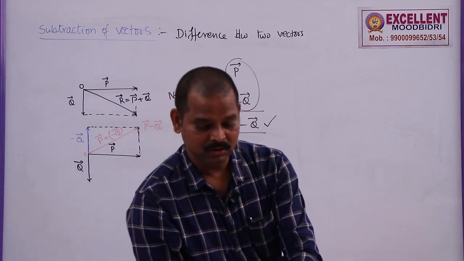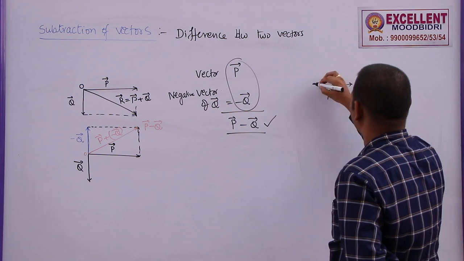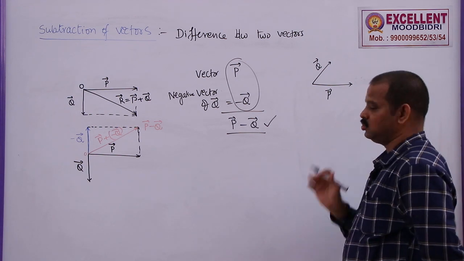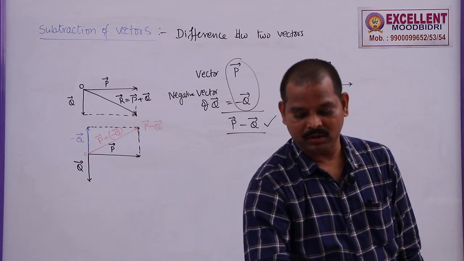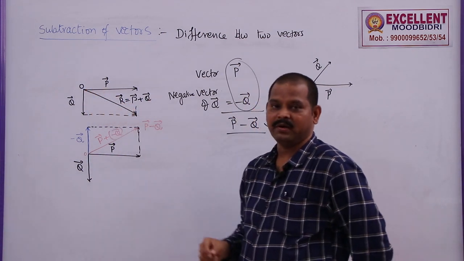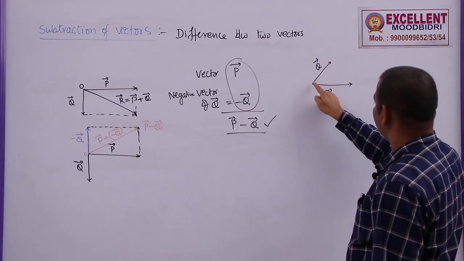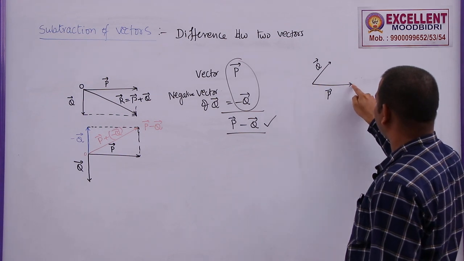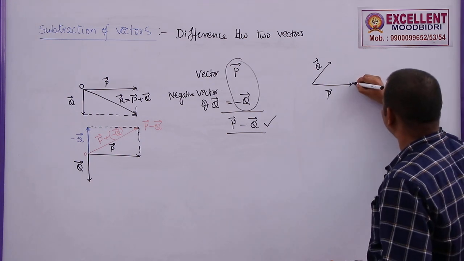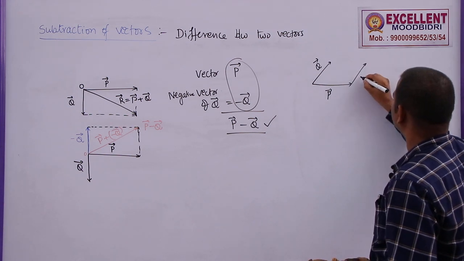Similarly, if you take this one, the triangle method, this was the parallelogram method. So this is P bar, let us say this is Q bar. So how to find the sum of these two vectors? In the parallelogram method both vectors start from the same point, but in the triangle method we have to move this vector such that the tail of the second vector is in contact with the head of the first vector. So move this one up to here. If you move this one, you will get a vector here. So this is the second vector, that is Q bar.